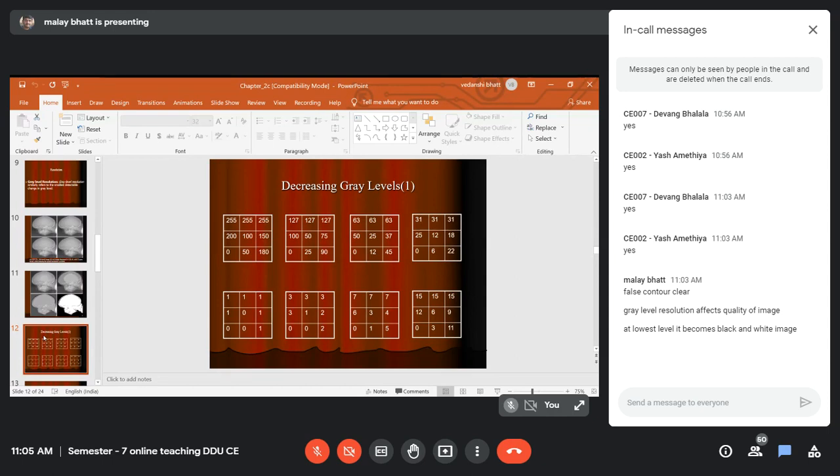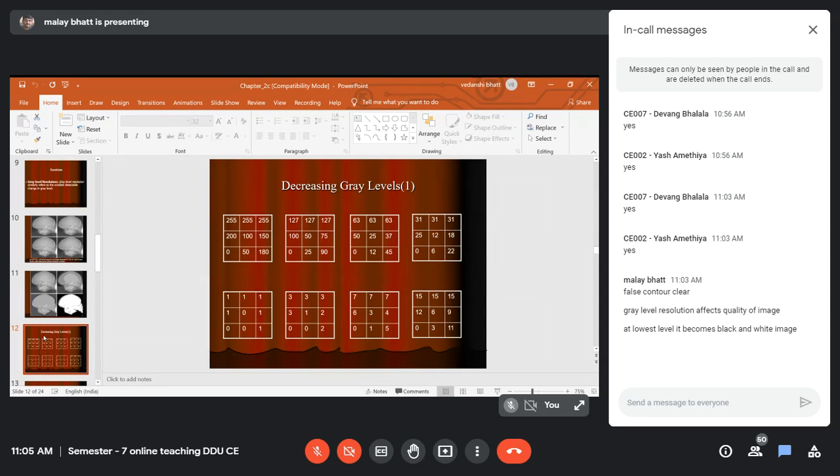This is how you will get the image with 128 gray levels. You can see that there is no number in the image more than 127. The highest number is 127, so our gray levels are from 0 to 127.